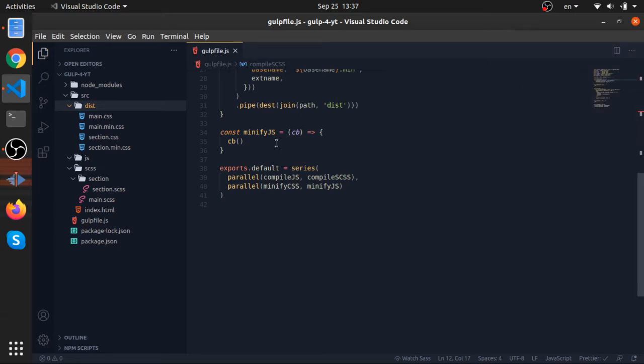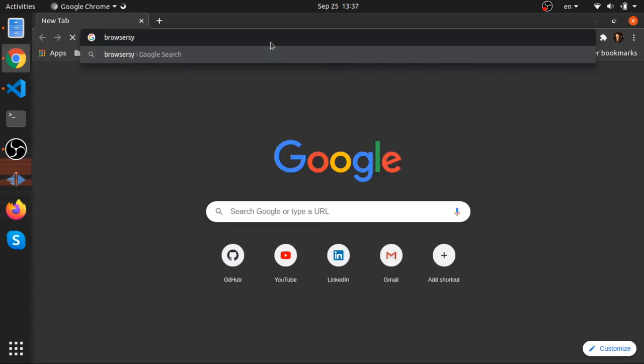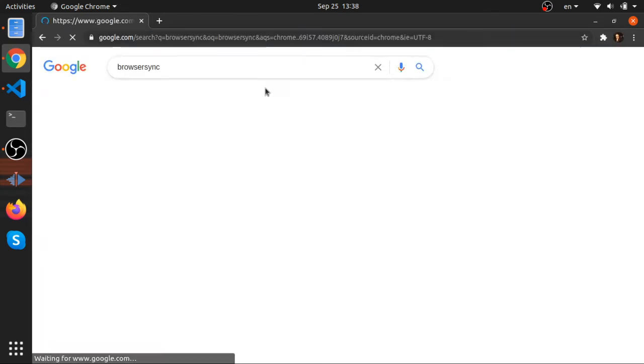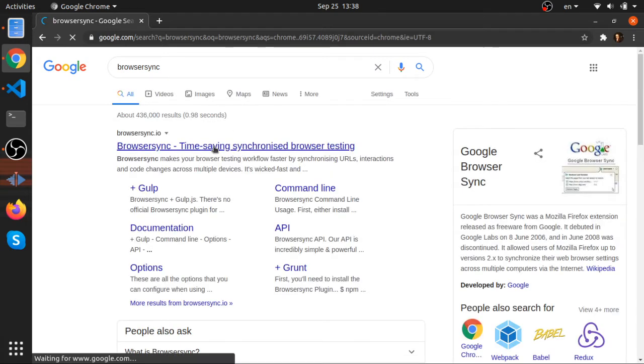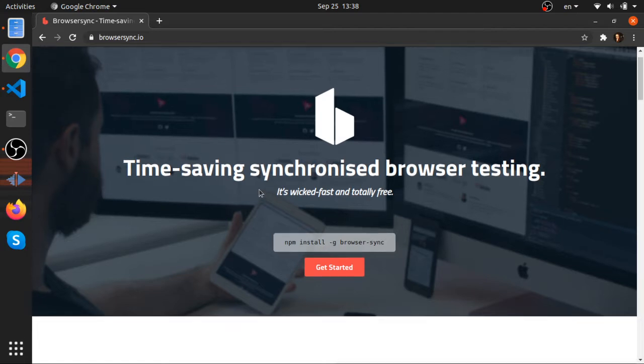Hey, what's up? So I will show you now a package called browsersync. It's really famous. Not sure if I typed that correctly. Yeah, it's correct. So this package, you can actually install it globally, but I will install it locally in our